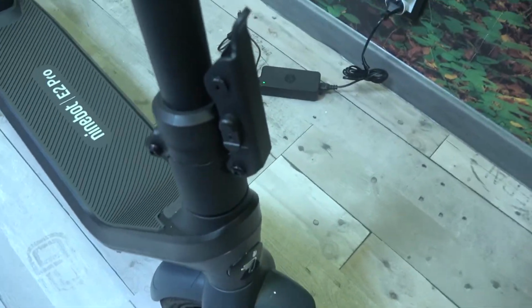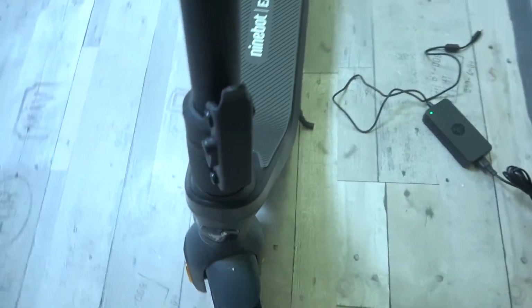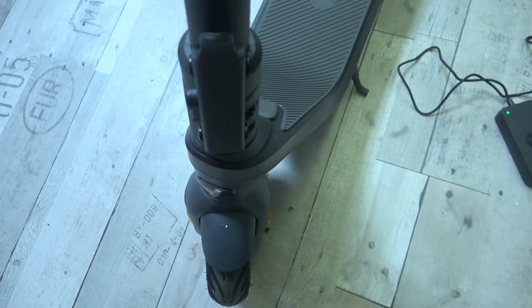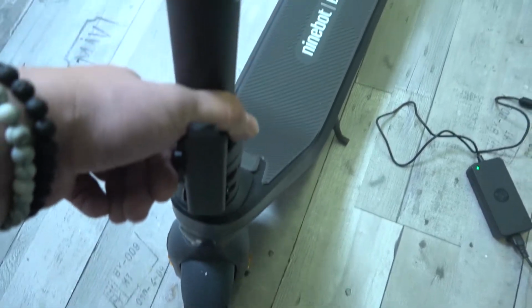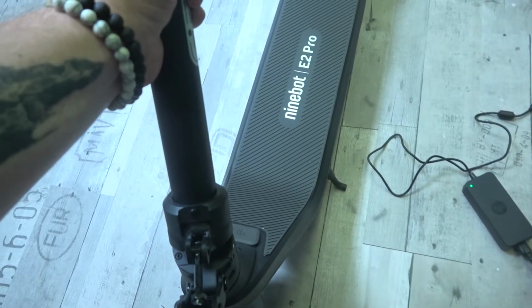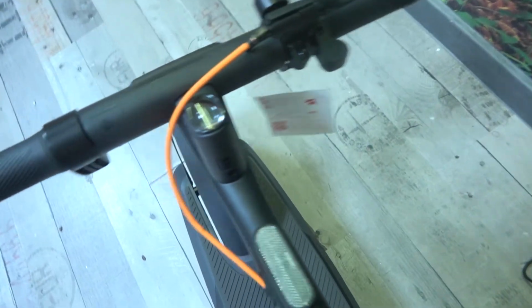Right here we've got this lever. In order to fold the scooter, use two hands. With one hand hold the steering and the second hand use to unlock this lever. Now we can fold it